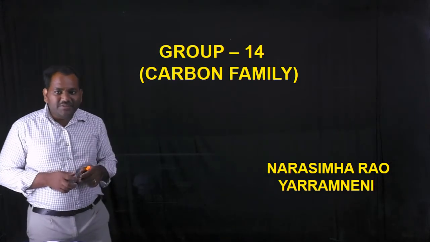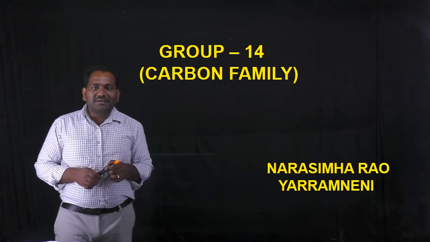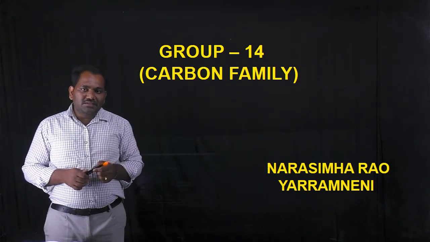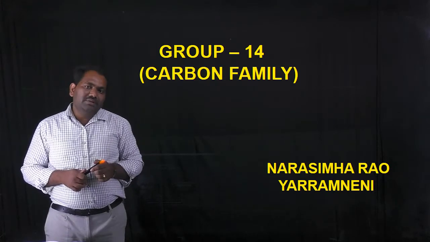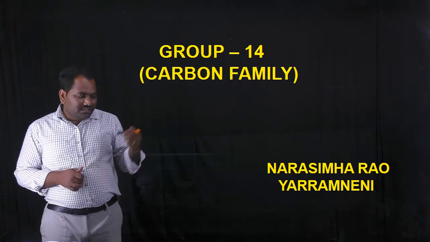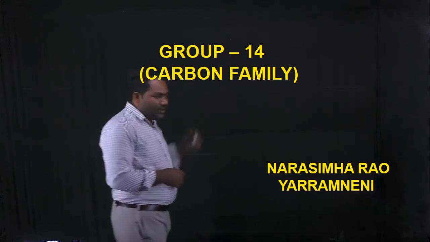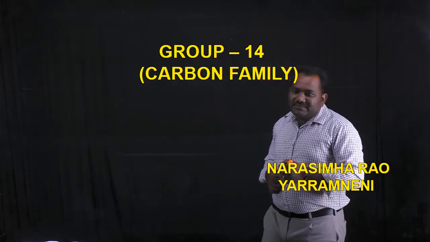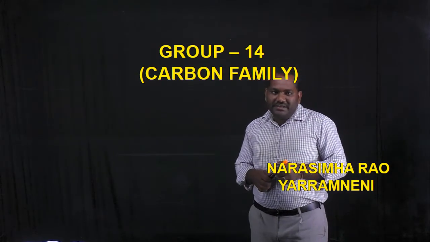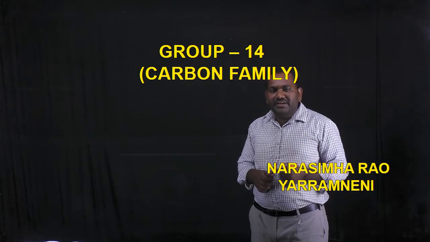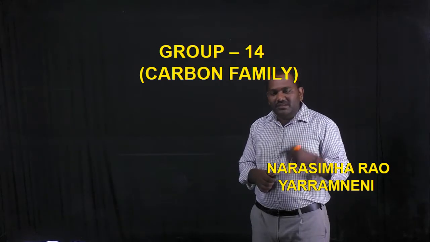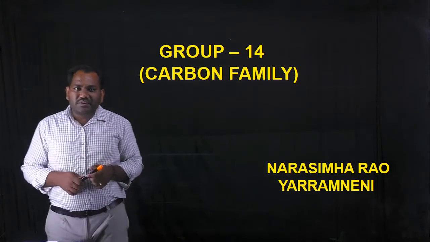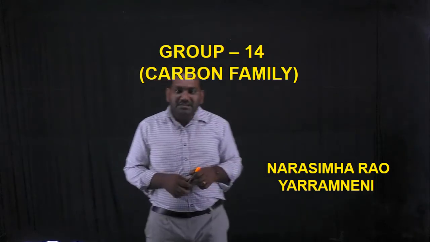Today we are discussing an important topic in chemistry, that is the 14th group elements or group 4A elements, also called the carbon family. In this video we are discussing what elements are present in this 14th group, their occurrence, and the change in their atomic radius, ionization enthalpy, electronegativity values, electron affinity values, formation of multiple bonds, as well as the catenation property. Okay.